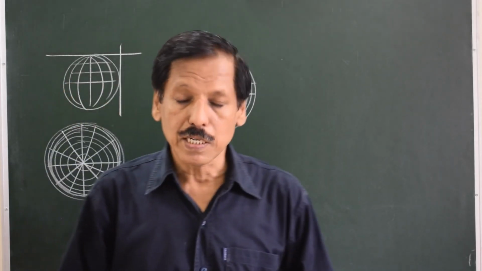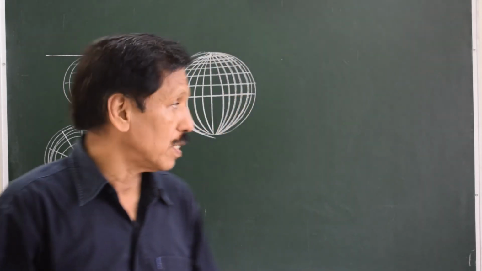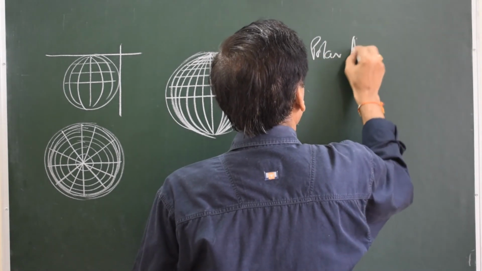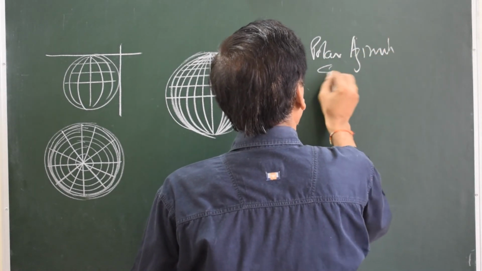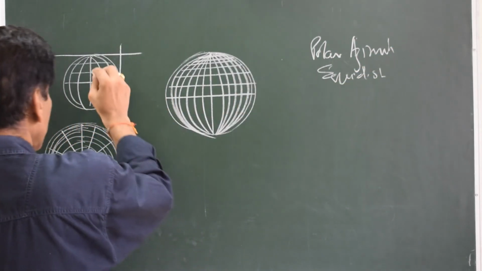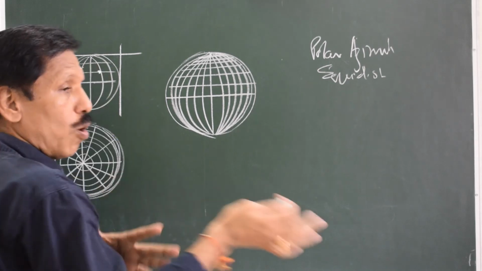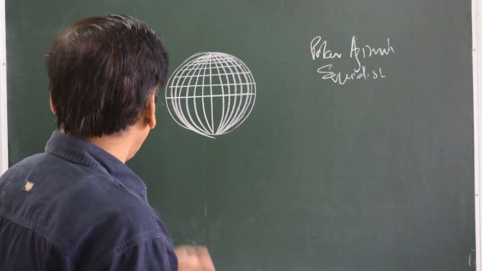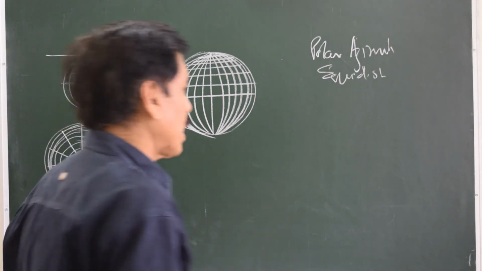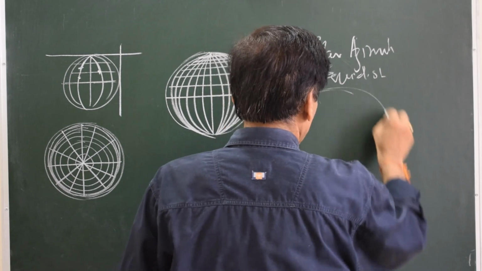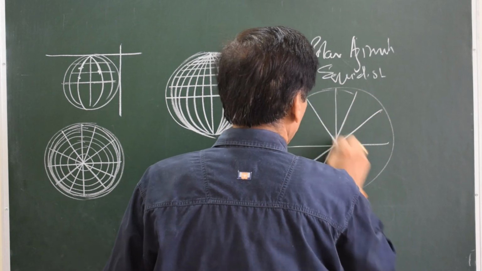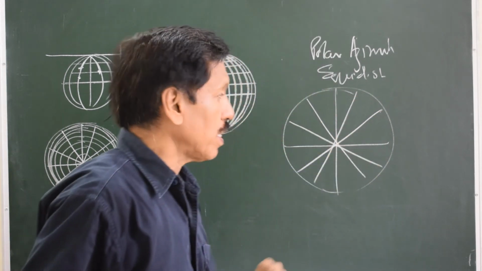There is another very interesting projection as far as the azimuthal projection is concerned, and I will talk now about polar azimuthal equidistant projection. Now what happens is, any point on the globe, normally representing the 50% of the globe here, whatever is the actual distance from the pole will be represented in this projection. Meridians, once again, are representing the correct d long, say d long of 30 degrees shown here.